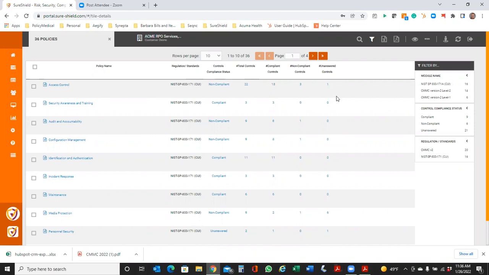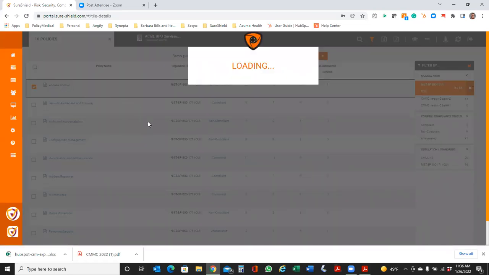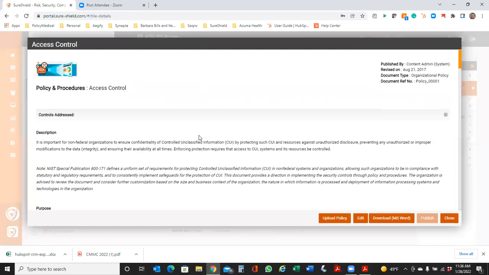The reason, again, that there are, I believe, 36 is because we have them for both CMMC and for NIST. But if I were just to go in and look at the NIST policies, again, because they're similar, you're really not dealing with two sets. But if I were to open these up, there's a couple of different things that we allow. We provide our customers a prepackaged set of policies that are mapped to all these controls already. And they are updated and customized for our customers as well, with their logos, with their names.